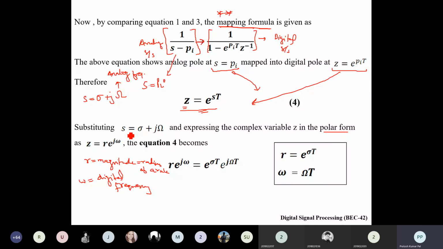Okay, so by putting s equal to this value and z equal to this value in equation 4, we will get r into e to the power j omega is equal to e to the power sigma t into, separating sigma plus j omega, e to the power sigma t into e to the power j omega t. From there, we separate the real and imaginary parts. The real part e to the power sigma t will be replaced by r, so r is equivalent to e to the power sigma t. And similarly, the omega, your digital frequency,